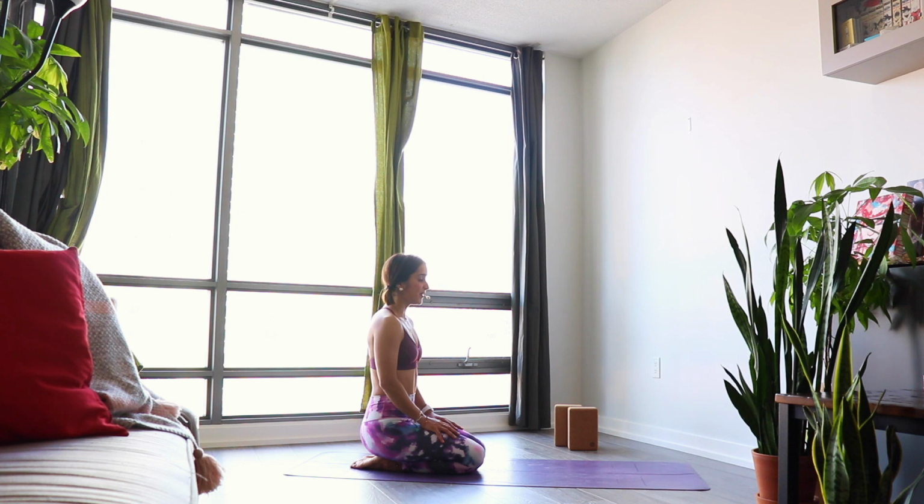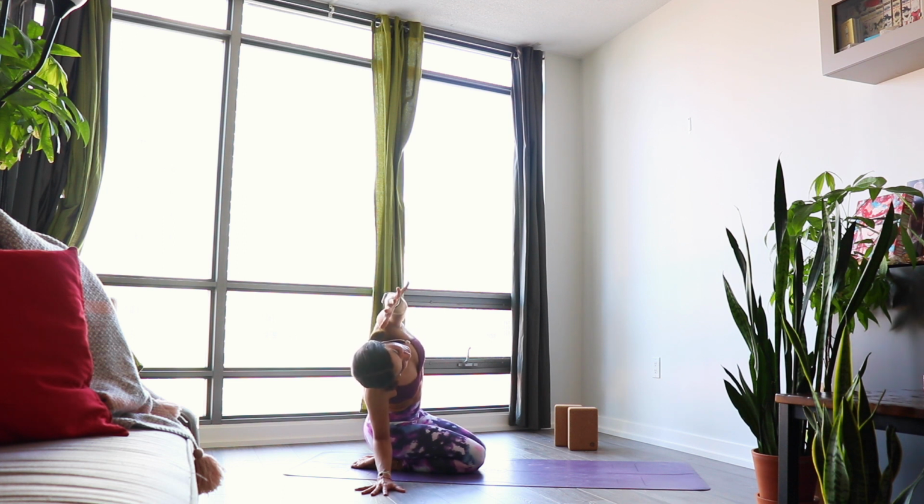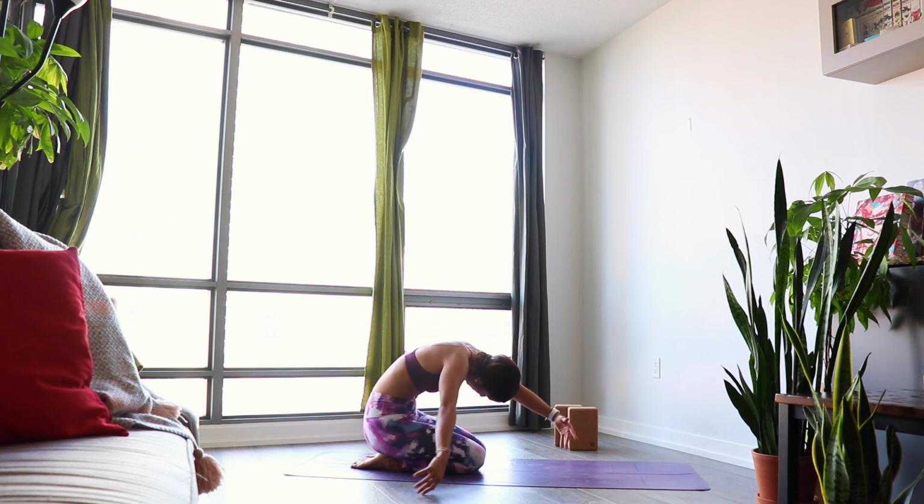All right, guys, we're going to start by bringing the right hand to the floor, into the side, and a big reach with the left arm all the way. Feeling that opening, keeping the left shoulder open as you inhale, reaching a little more. And as you exhale, we're just going to let ourselves completely round to go through the center all the way down